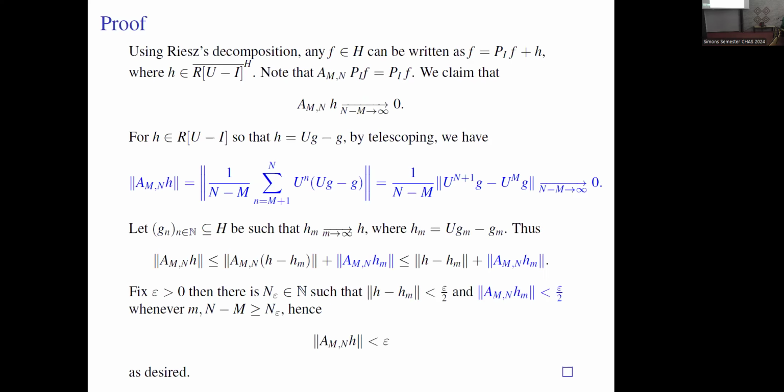And now on the orthogonal complement, we have to prove that this converges to 0 on this vector H from here. But first, by a simple density argument, we can assume that H is from this space,